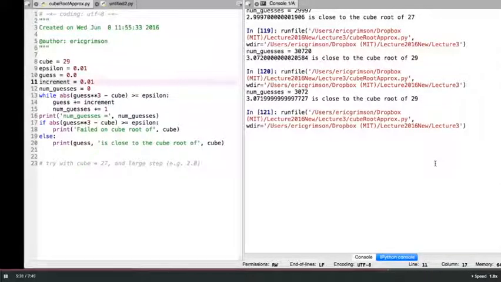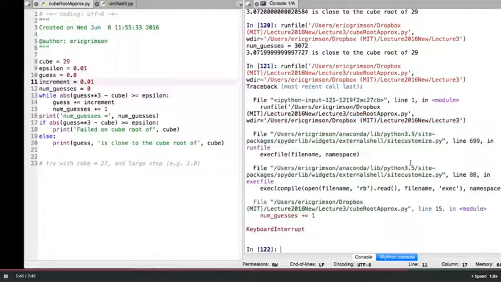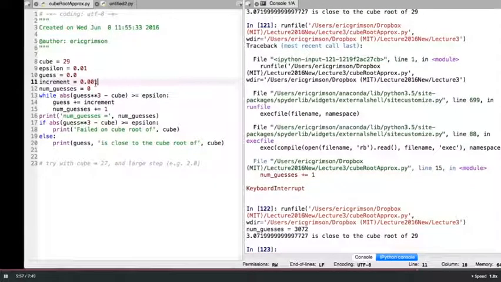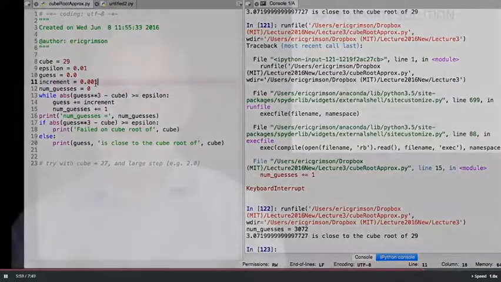What's happened here? It's off in an infinite loop. And the reason it's off in an infinite loop is because I'm checking only to see if I get to a place where it's close enough. I've actually gone right past the cube root and it's still running. So I need to stop this and I'm going to interrupt it to hold it back. That's something I need to fix. So if I go back to a little bit better increment here and rerun it, I get back to the thing I wanted to have.